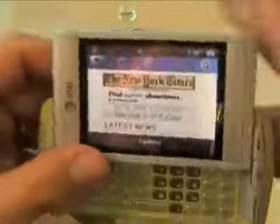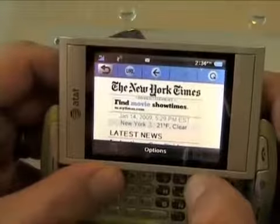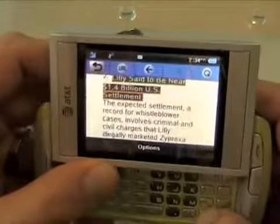So web browsing, obviously not the strong suit of either phone. The Quickfire renders up the mobile version of the New York Times here. And, you know, it's usable. I think,